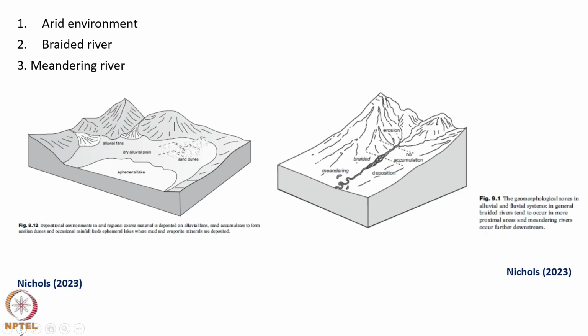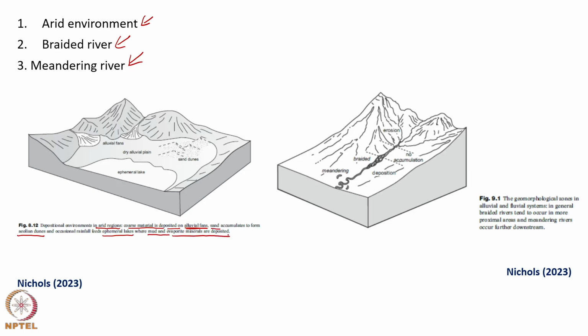We are going to see the arid environment, the braided river and the meandering river and their deposits and the succession. Summarily, depositional environments in the arid region are: the coarse material that is deposited on the alluvial fans. We will see that sand accumulates to form aeolian dunes and occasional rainfall feeds ephemeral lakes where mud and evaporite